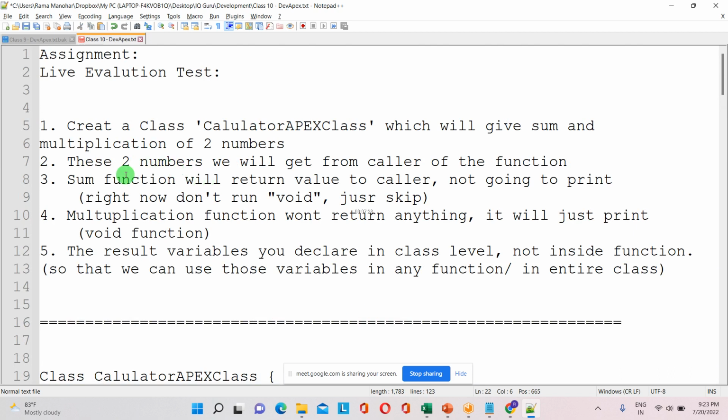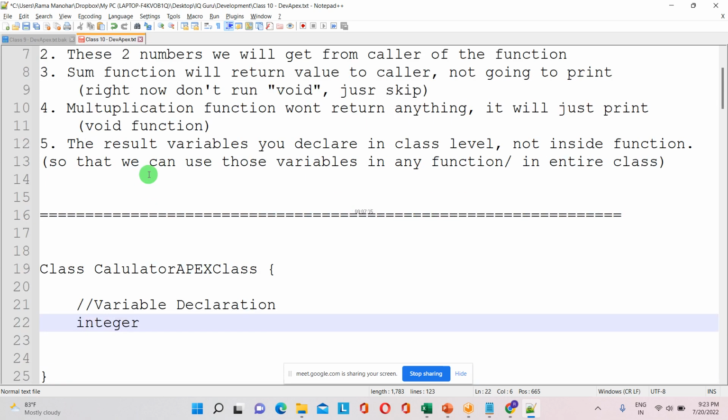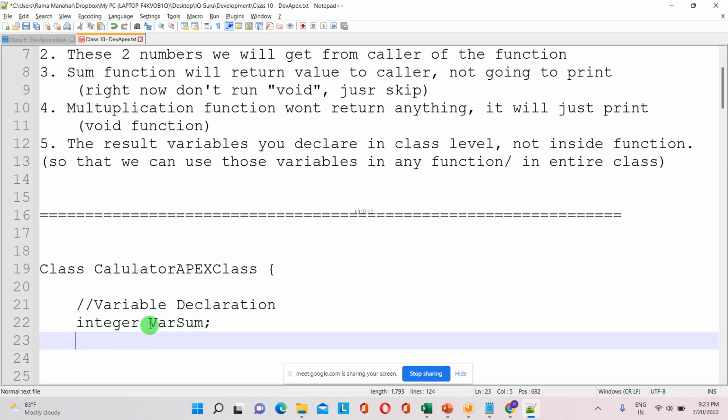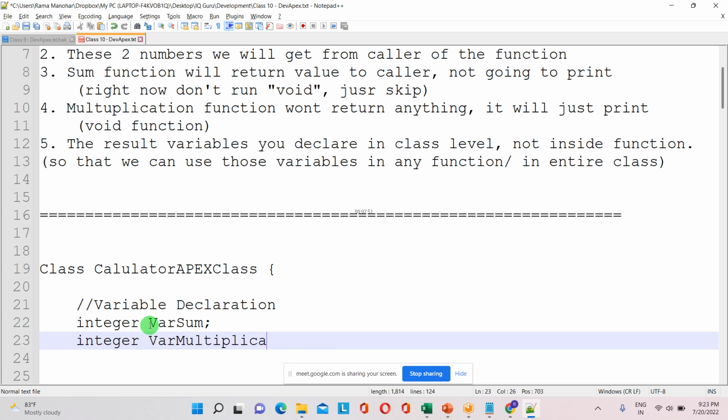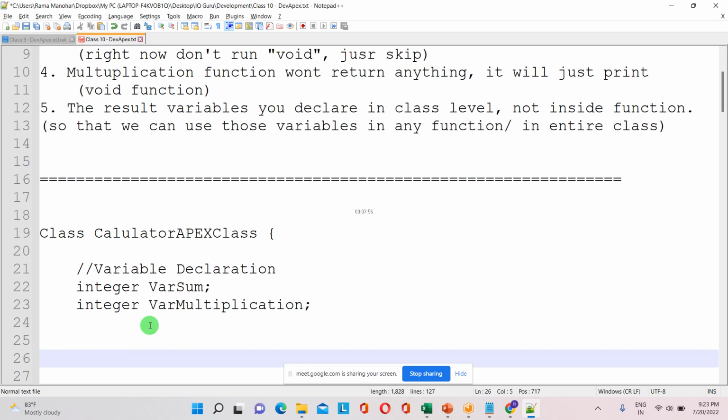They gave some values like sum and multiplication, right? Yes. So sum we'll take as integer, and multiplication. Teacher, where in UL multi? Okay. So now we are done with variables. Yes. And next one,